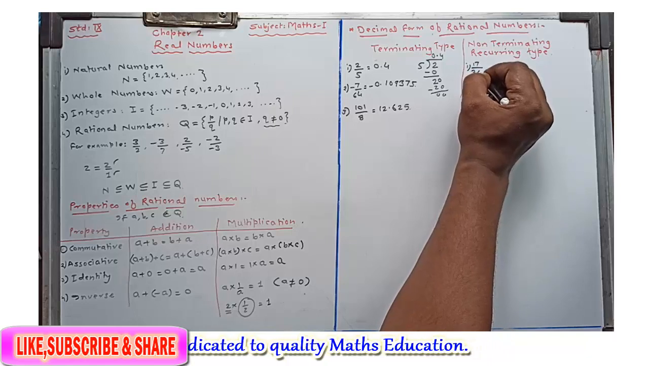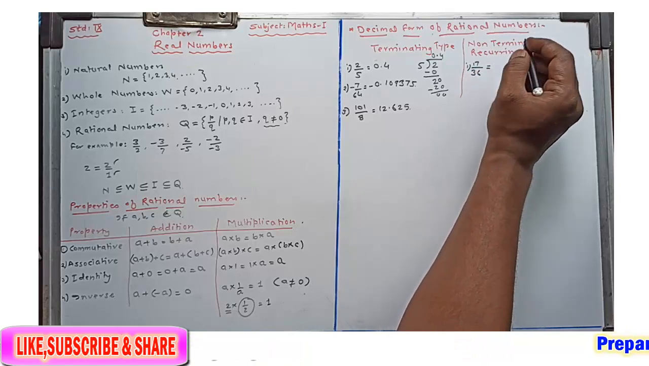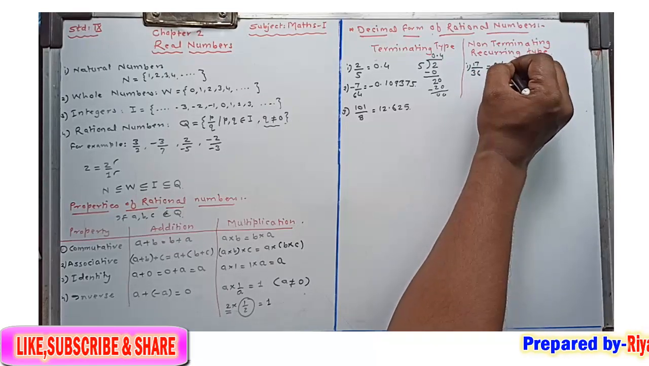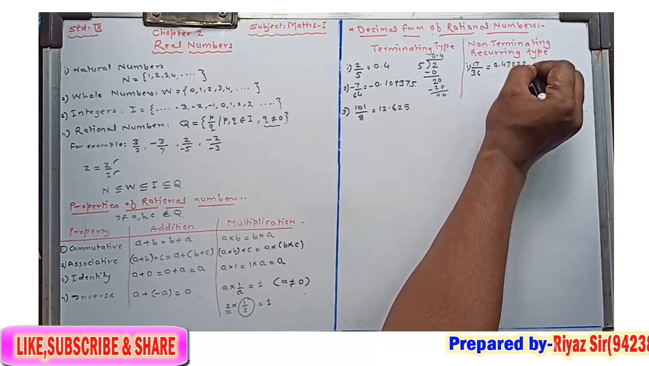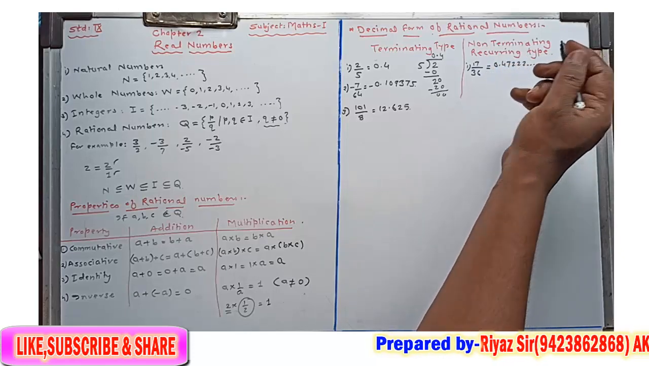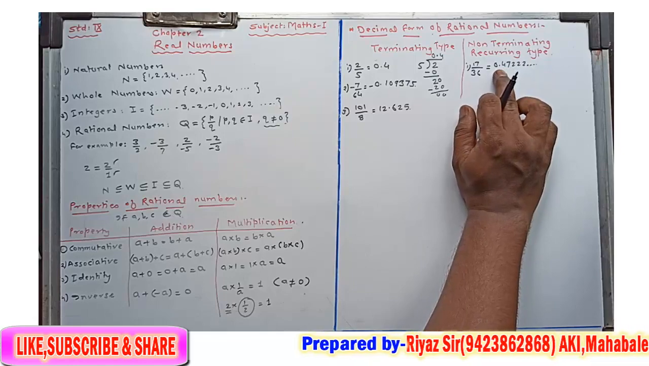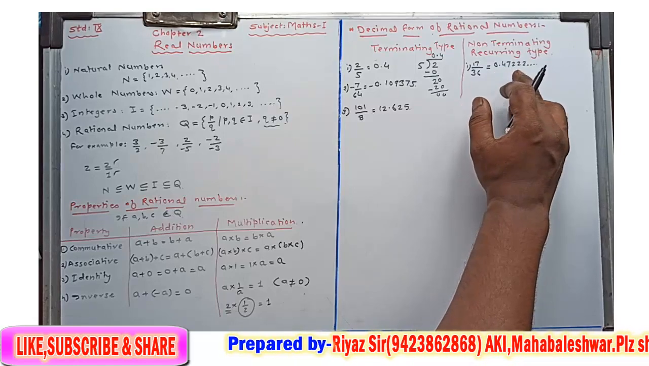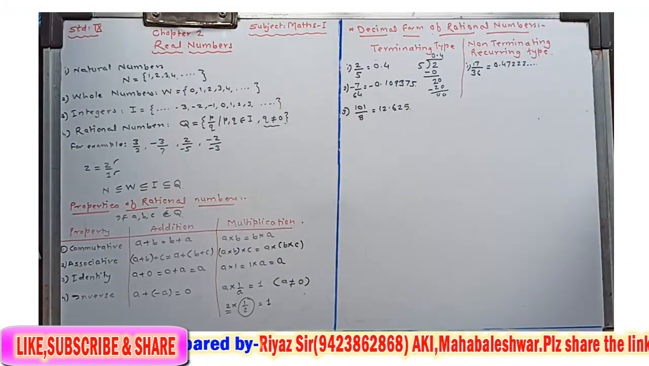17/36. 17/36. If you solve this, then you will get 0.47222 and so on. Okay, so here after the decimal, if one digit or a group of digits is